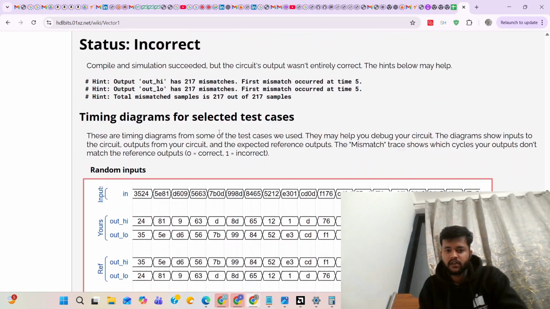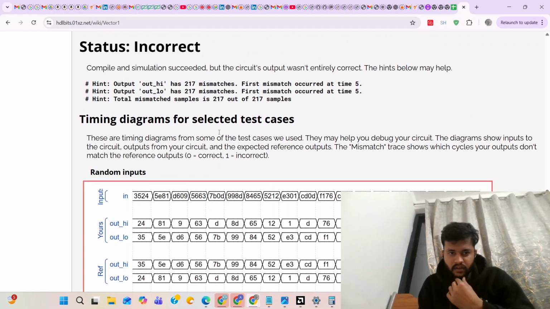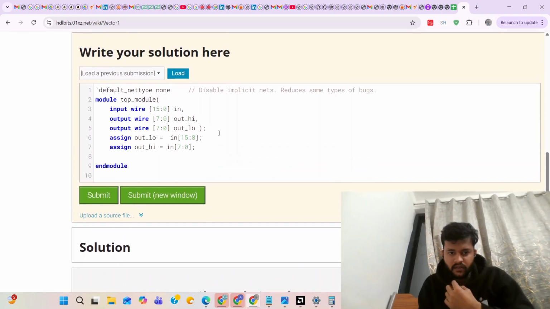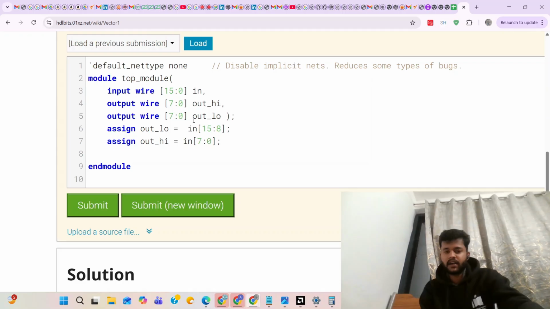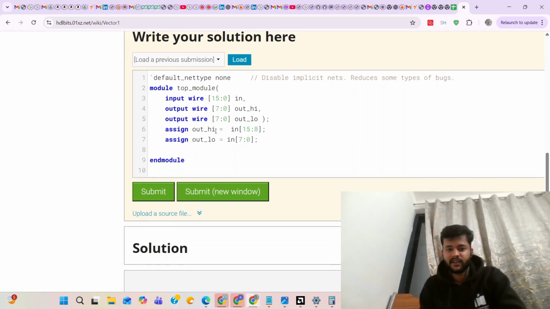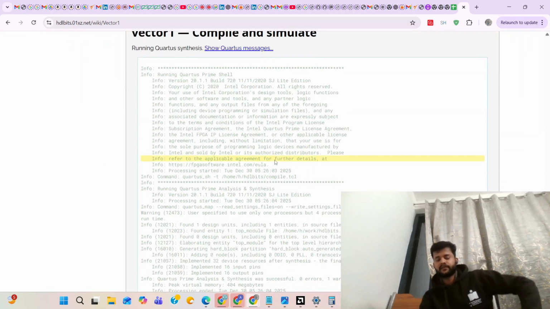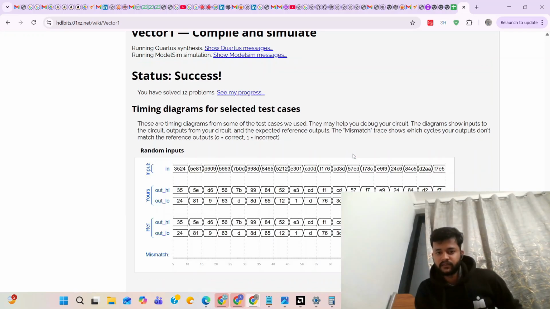So yeah, I made a mistake. I assigned the opposite bits. We have to assign 15 down to 8 to output high, and then the lower significant bits to output low. I assigned the opposite. But now it's correct and it will work fine. So yeah, it's a success.